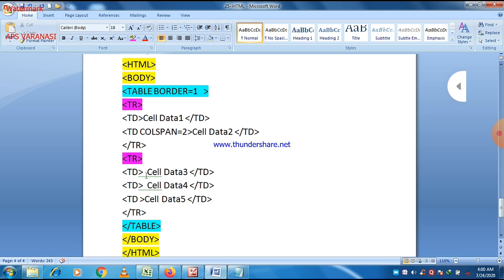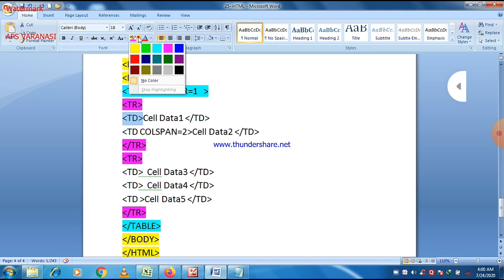After the table tag we write the tr tag, which represents a table row. You can see that there are two tr tags here, so there are two rows in this table, and the tr tag should be closed. Within the tr tag you should write the td tag, meaning table data tag. This is the td tag here, and this is again a td tag here.